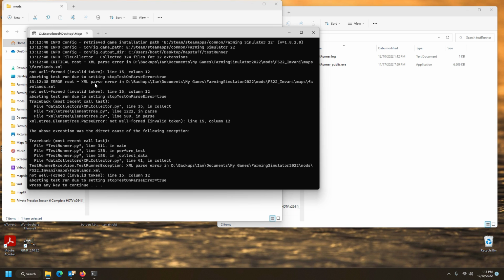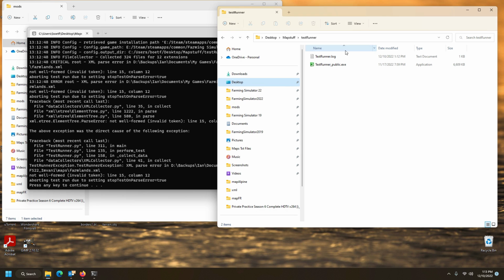It's an error route, and it's under my farmlands XML, and now it's not well formed, invalid token, line 15. It actually tells you which line to go and fix. Line 15, there's a token that's not well formed, and I can guarantee you it's the things that this app, the test runner app, is programmed to search for, all the things that are not necessarily a problem in your map,